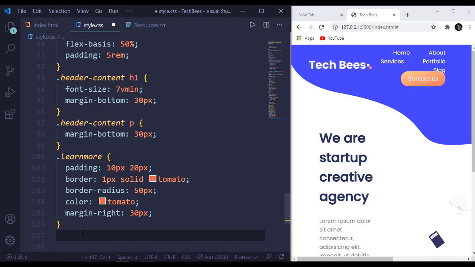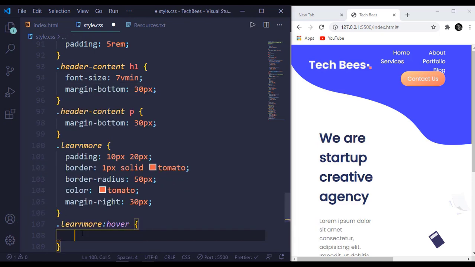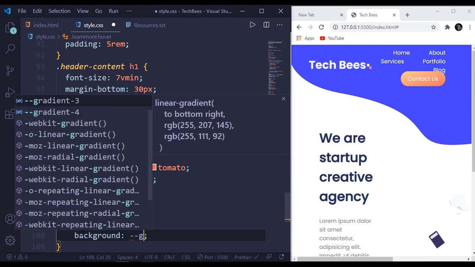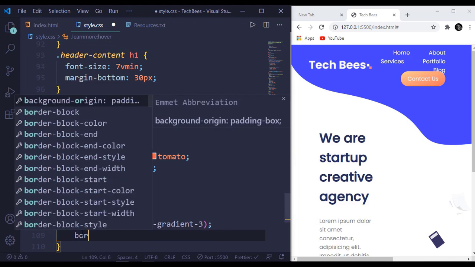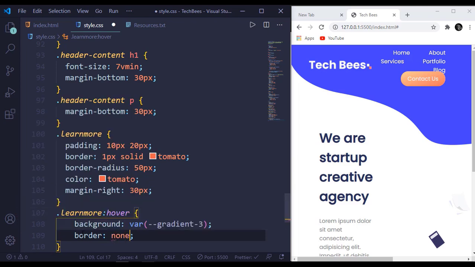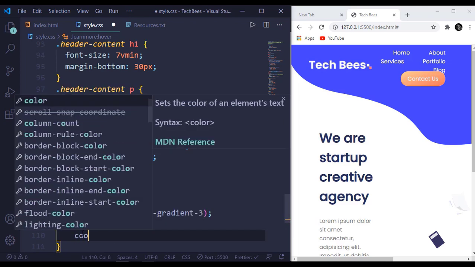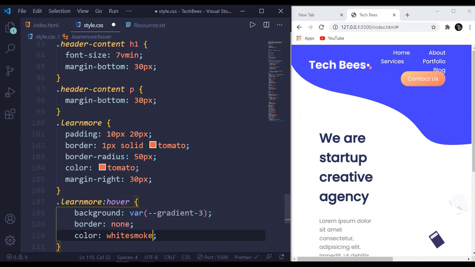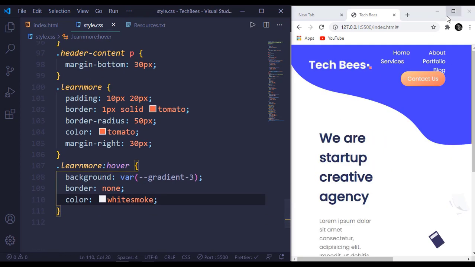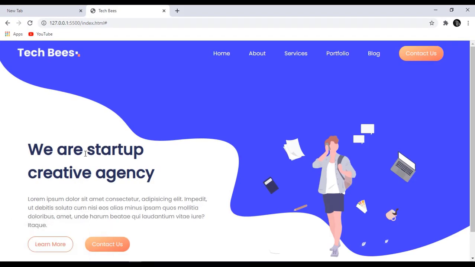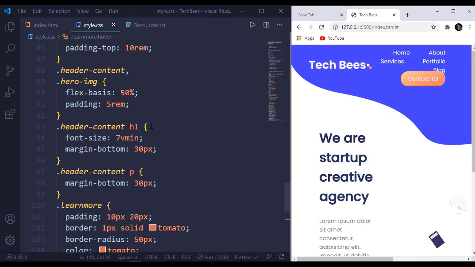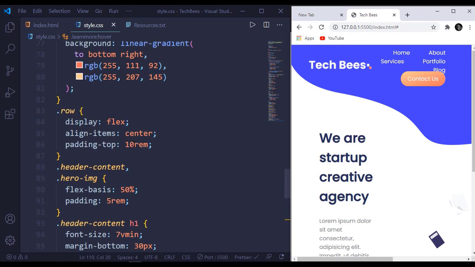After that, on our learn more button, on hover, we have this background color of gradient 3, and border will be none, and color will be white smoke. And you can see we have too much padding top. Remove that. On our row, padding top will be 5 rem,